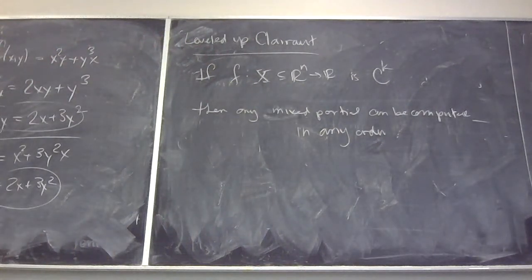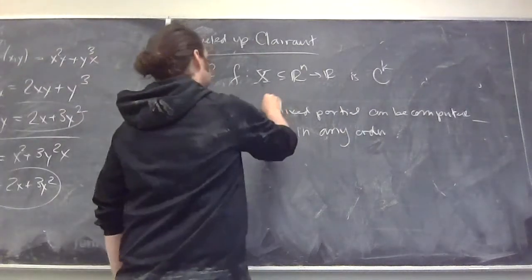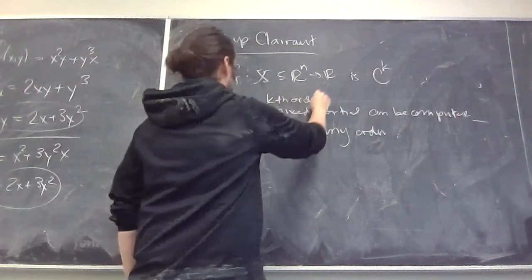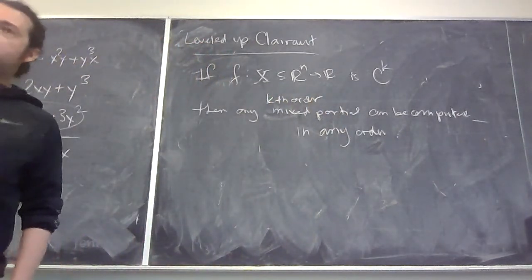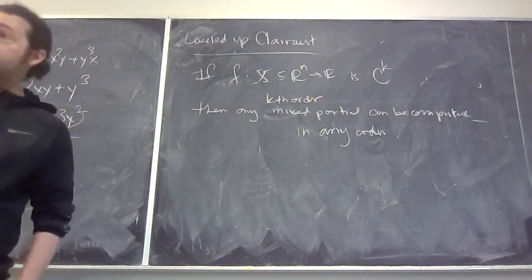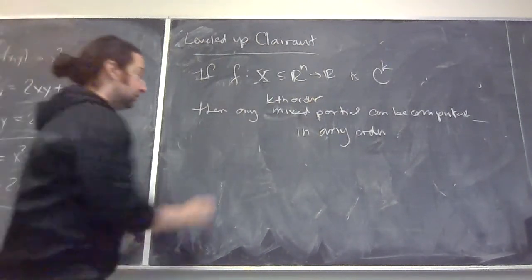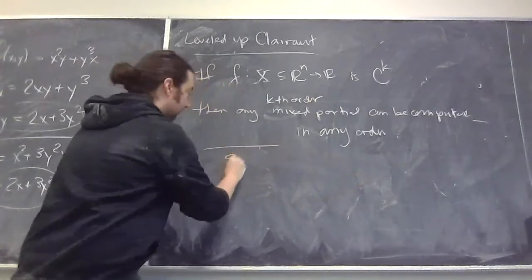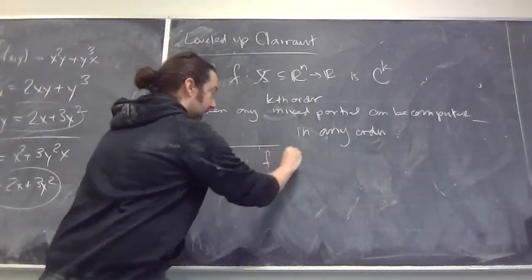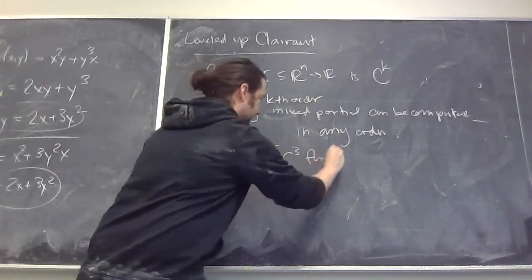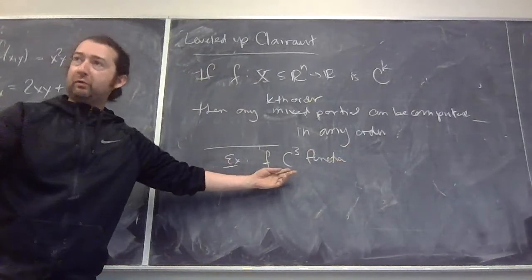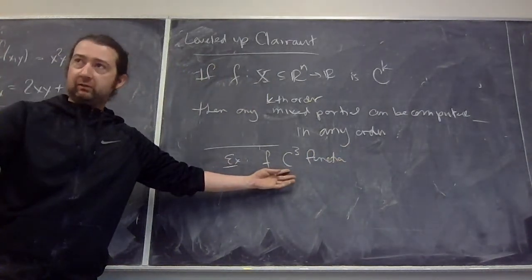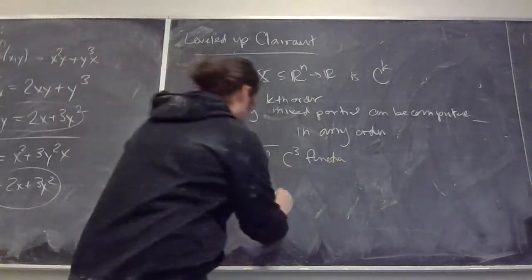Yep. So when you say C^k. When I say that, I should say the kth order mixed partials. Like the second partials in a C^2 function, the second mixed partials are all equal, but the first derivatives weren't, right? Here, what we're saying is, suppose as an example you had f being a C^3 function, so 3 continuous partial derivatives, all third order continuous partial derivatives exist, right? Then I could say something like